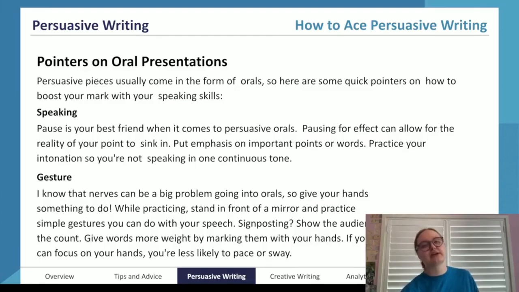Now, I know that many of you will practice with palm cards and you'll have them like this, so you feel like a hand is missing. If you have to have palm cards, you can still emphasize with your hands. But I encourage you, if you can, to use a full script and some sort of podium, even a music stand, that you can have your speech on, and typically put it to the side over here. So you can be referring to it and looking at it, but you have both of your hands free. You're not worried about dropping the palm cards and them going everywhere, or not having them in the right order or something like that. So definitely try and use a script if you can.